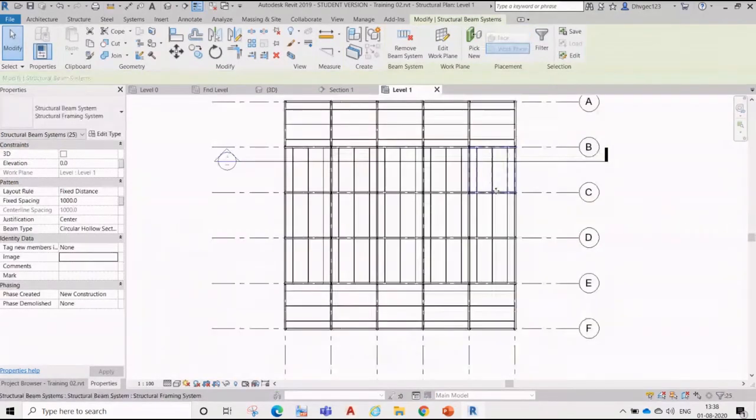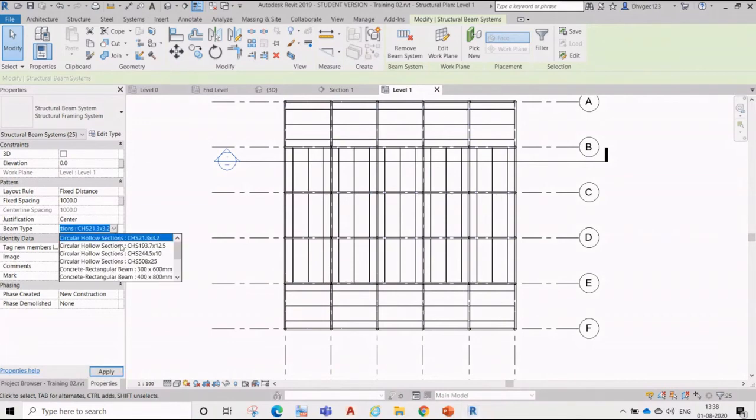Okay, so you can see all the structural beam systems selected, and now we can change the distance, beam type. Okay, we can just change the beam type to this one.